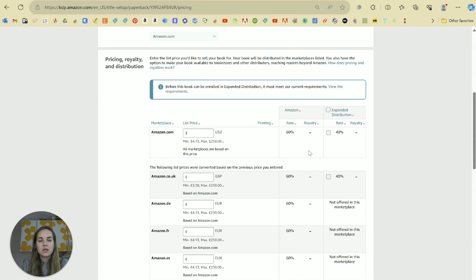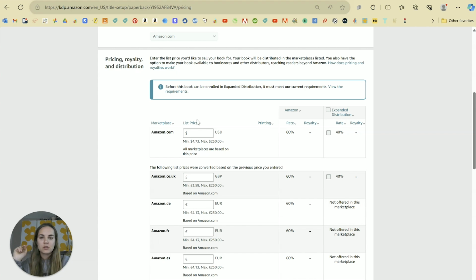And it'll select your royalty. So what I thought happened was if I sell for like $10, they subtract the printing cost, like $2.84, and then give me 60% of that, and they get 40% of that. That is unfortunately not what happens. So if you sell your book for $10, they take the royalty, 60% of that, $6, and then they subtract